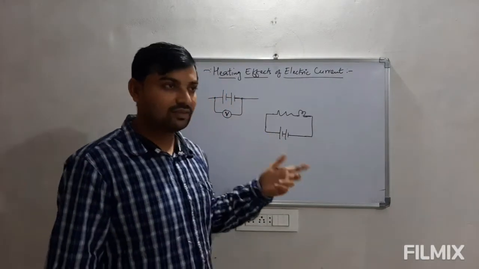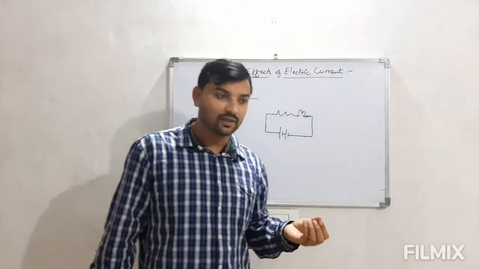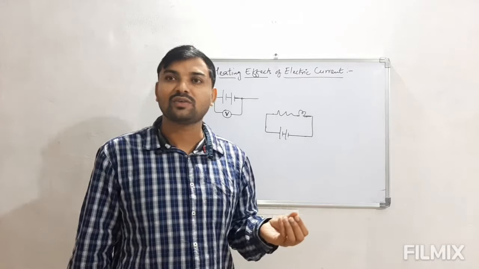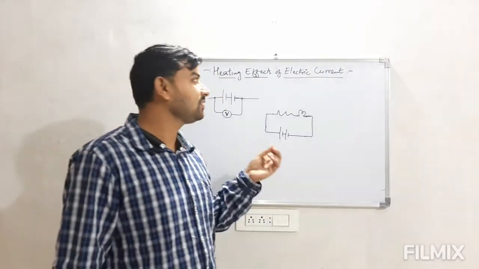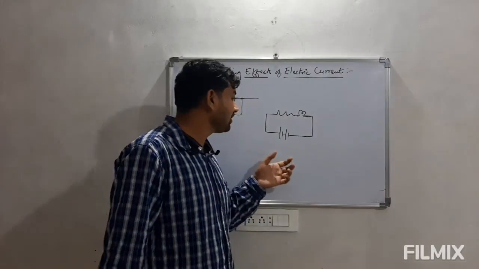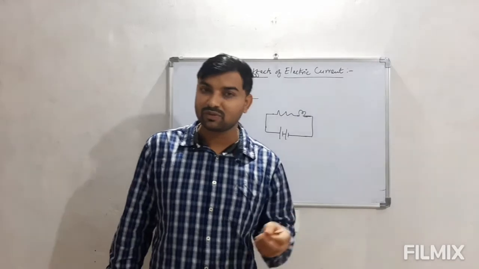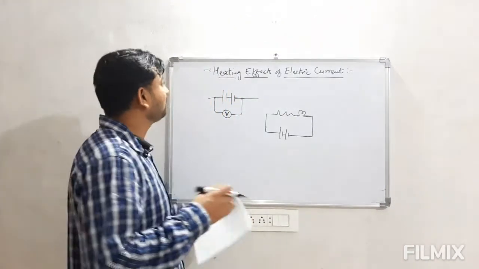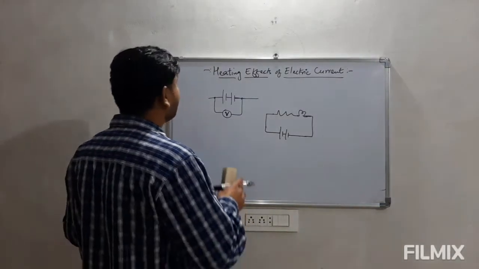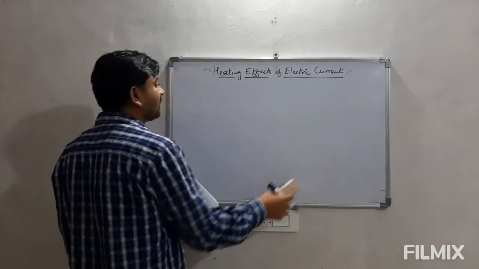A resistance is a simple wire or a conductor where the energy is used for heating it. You must have seen in many appliances that whenever we use them for a longer time and they are connected to a power source, they may get heated. This all comes due to the heating effect of electric current. So let us talk about this.